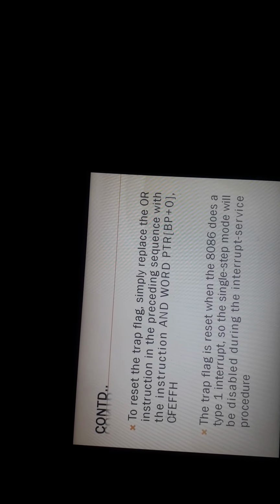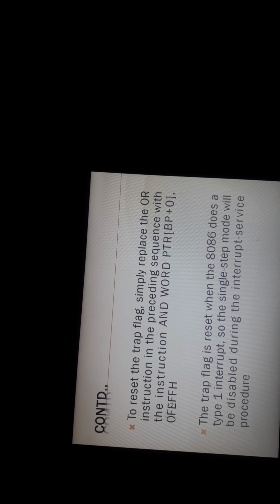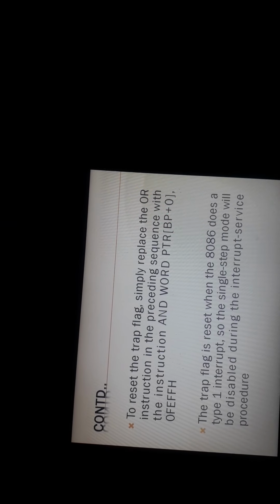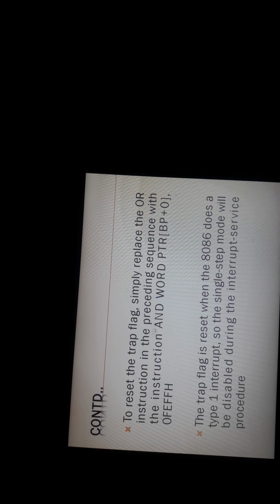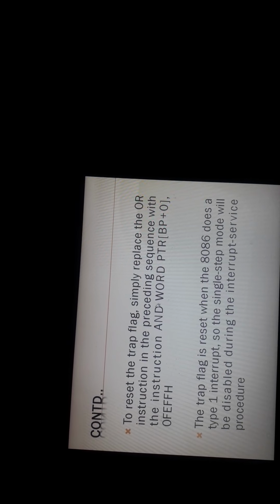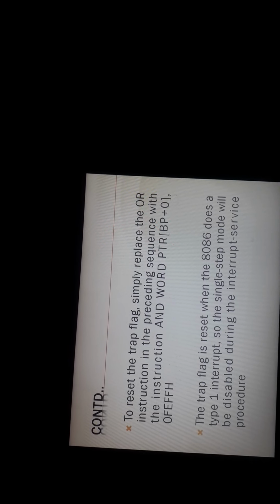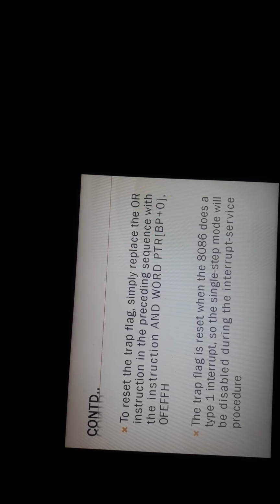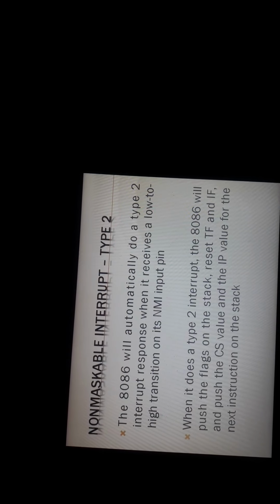In case one input is 0, then automatically the value becomes 0. So by doing the AND operation, we get the value as 0, that is, the trap flag bit is cleared. So this is how the trap flag is set and reset, and this is how the trap flag, that is, the type 1 interrupt, works.